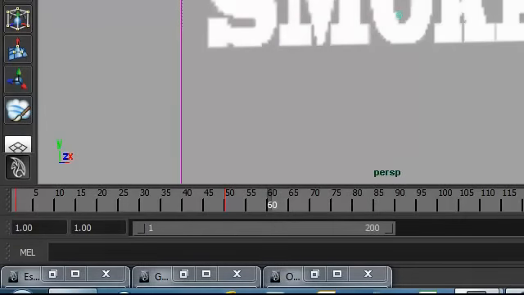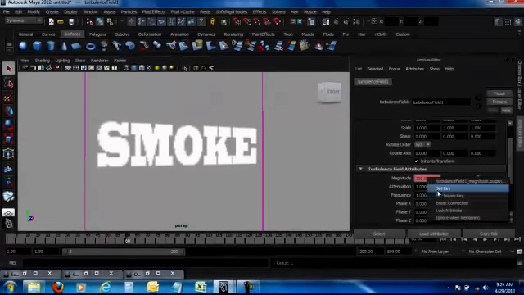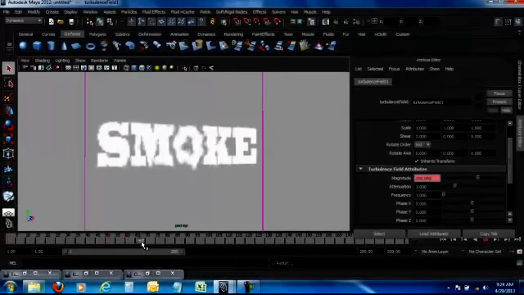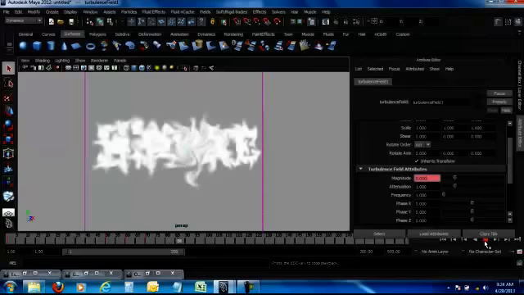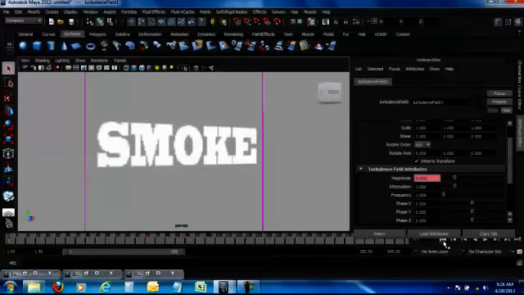I could shoot this to 200, set a key, and move ahead to frame 70, reset it back to 0 and set a key. So what does this do? It plays from 1 to 50. From 50 the turbulence goes up, and at 70 it's disturbed. So obviously if required, you can shoot up the value some more. I hit 200. Let's put this to somewhere around 4 and hit a key. You could always rewind and play.